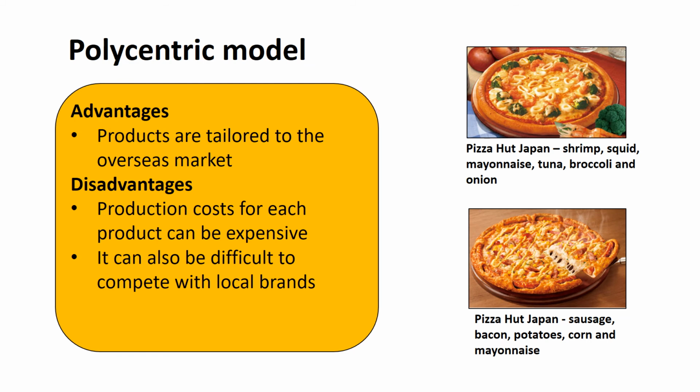An advantage of the polycentric model is that the business can sell products that specifically target the customers in the host country, and that increases local brand loyalty. An example of this is the way that Pizza Hut in Japan have included certain toppings that cater to that given market. So there's certain toppings on the pizza such as potatoes and mayonnaise and shrimp. So this means that they are aware of the local needs and wants of that market and they're catering towards it. However,